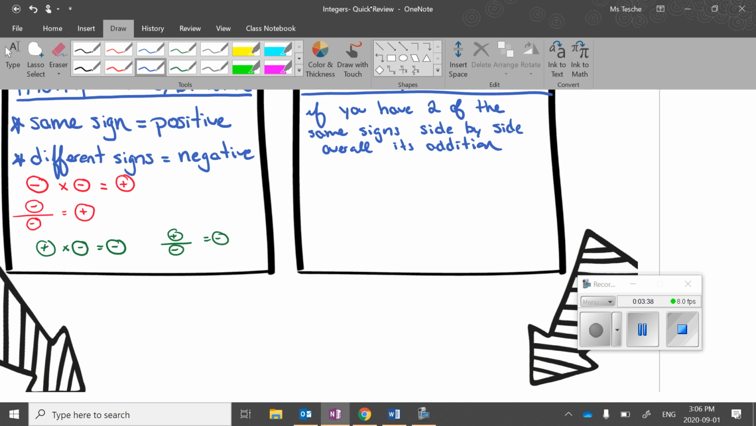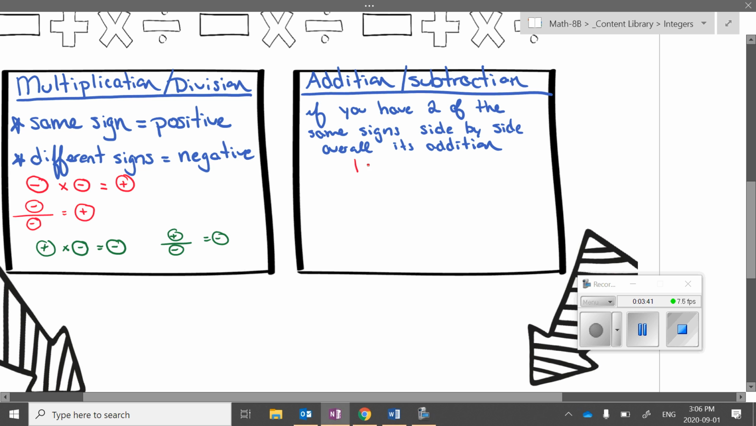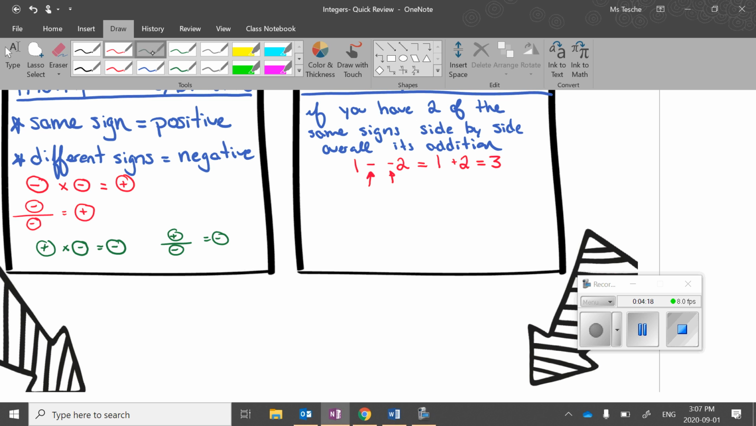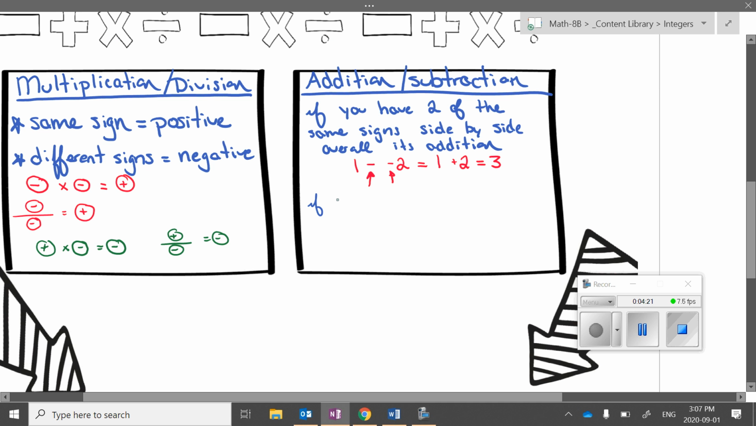So for example, if I had 1 minus negative 2, I have a subtraction sign and a negative sign. Both of them are dashes. Both of them are horizontal straight lines. That's the same thing. Overall, that's addition. So that's really saying 1 plus 2, which gives us 3. You can think about that in a lot of different ways. I'm taking away negatives. Right, there's a lot of different ways to think about it. Black and white, I wrote down the same symbol side by side. Overall, it's addition. On the flip side of that, if you have two different signs side by side,